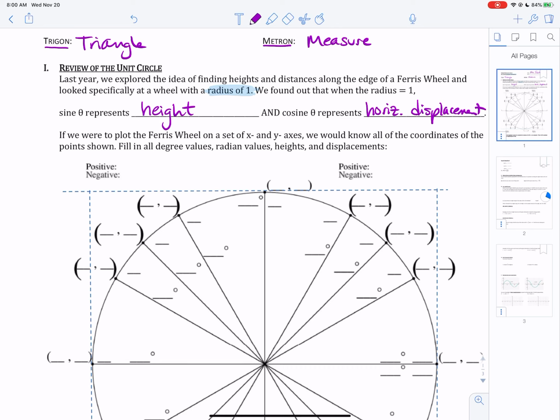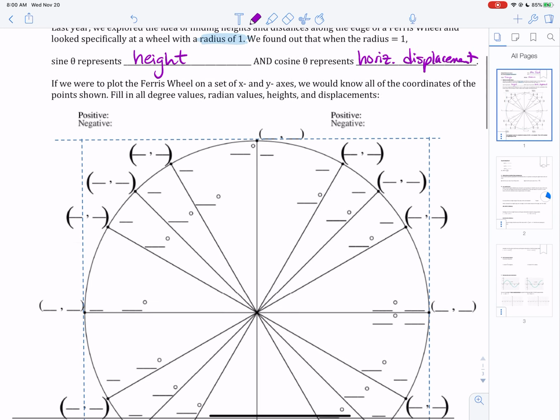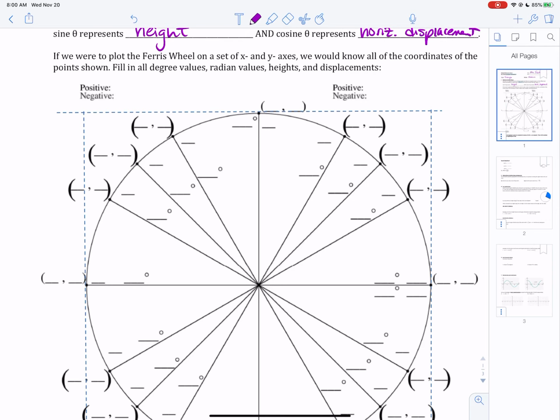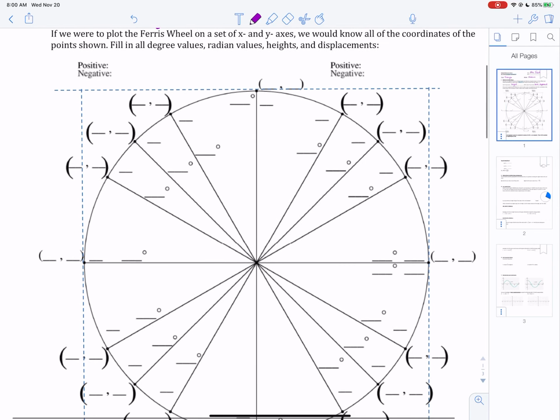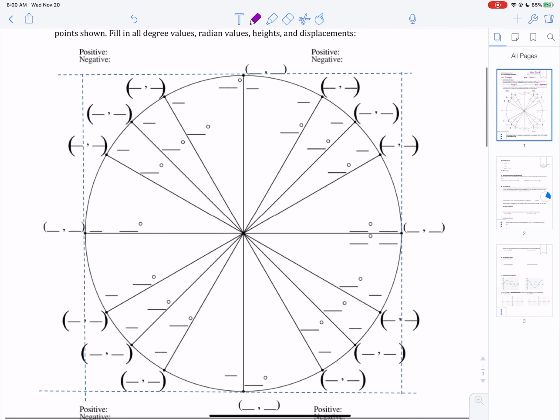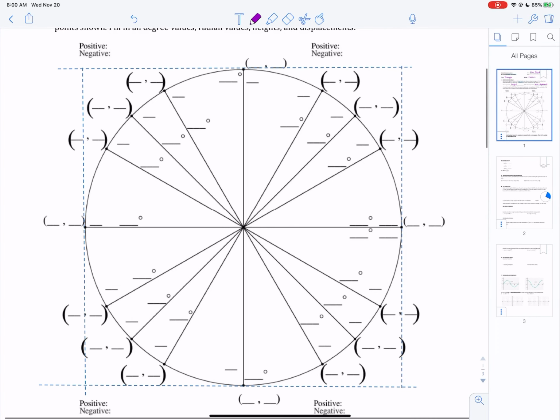Okay, so if you were to plot the Ferris wheel on a set of x and y axes, you would know all of the coordinates of all of these points shown. So we are going to fill in all the degree values, the radian values, the different heights and displacements at all these different locations. Okay, so just starting here at 0, where we always start, we're going to do 0,